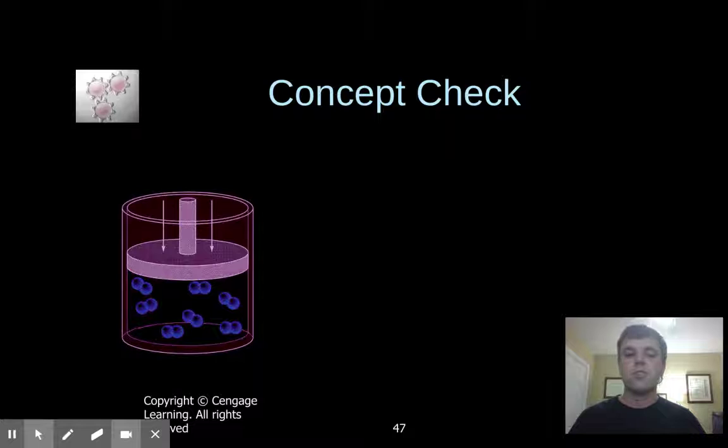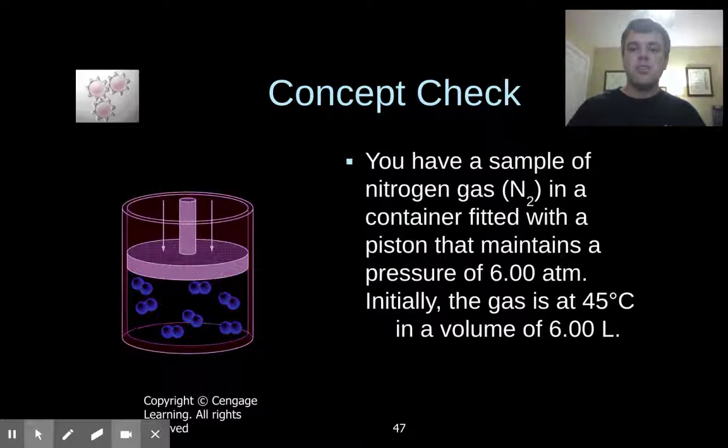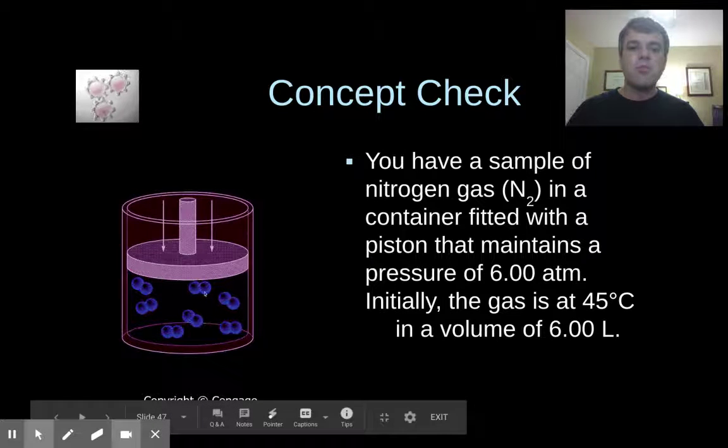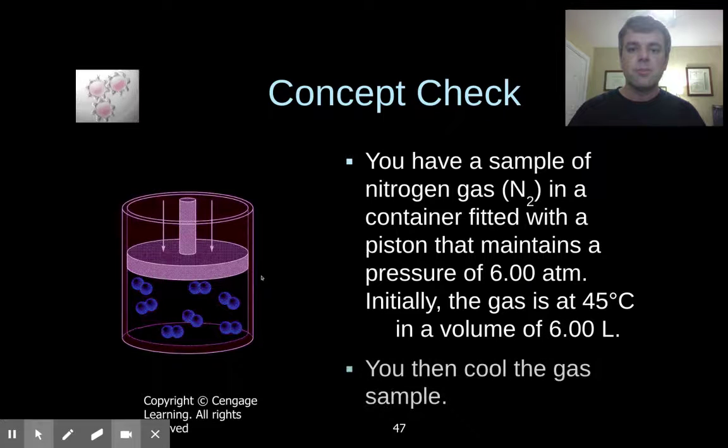This next one is a little bit confusing to understand what's happening, but we have a movable piston with some gas particles in it, and it's got nitrogen gas, and you have a piston that will move up and down so that it maintains a constant pressure of 6 atmospheres in here. In other words, there's a constant force being applied on the top of this piston of 6 atmospheres, but the piston can slide up and down and change the volume. Initially, you're at 45 degrees Celsius, your volume is 6 liters. You then cool it down. So think, what will